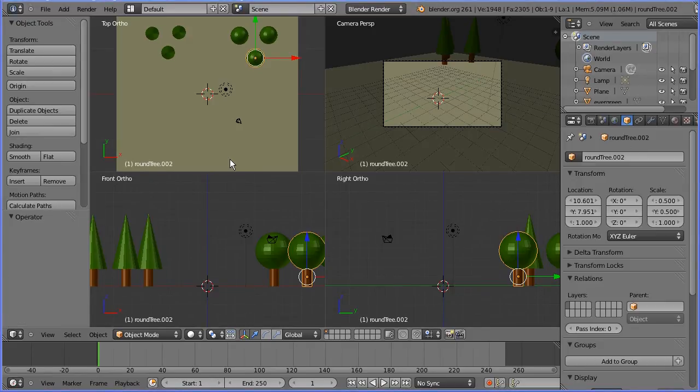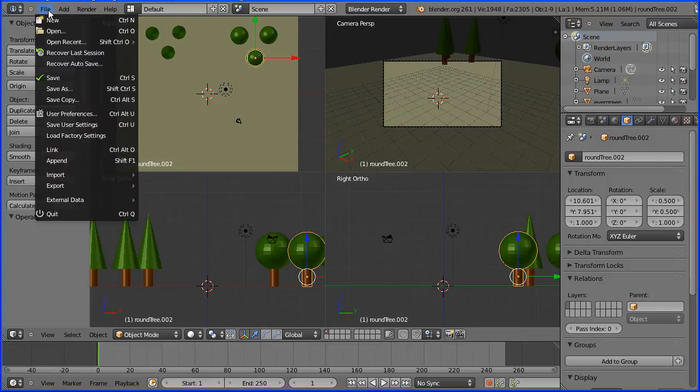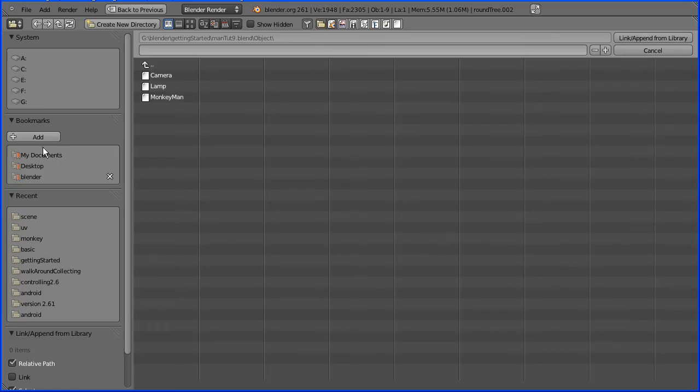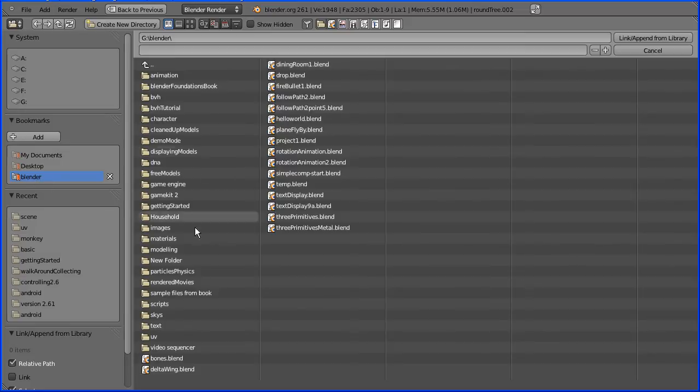I'm going to bring into the scene the model of the monkey man I made in an earlier tutorial. To bring something into the scene, it's File, Append. Look for the Blender file with the model in,